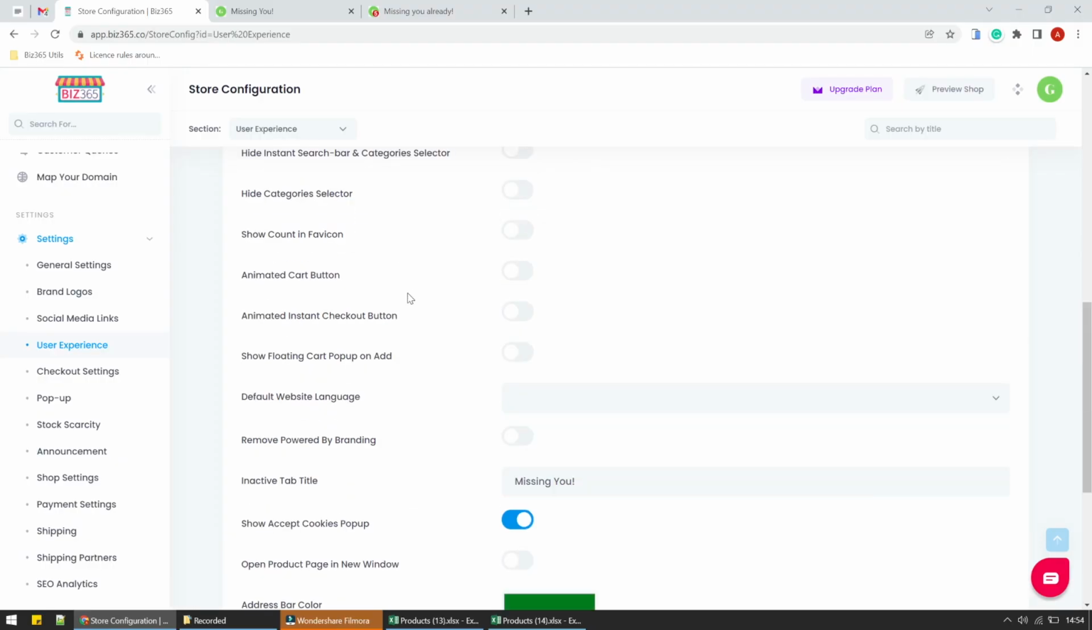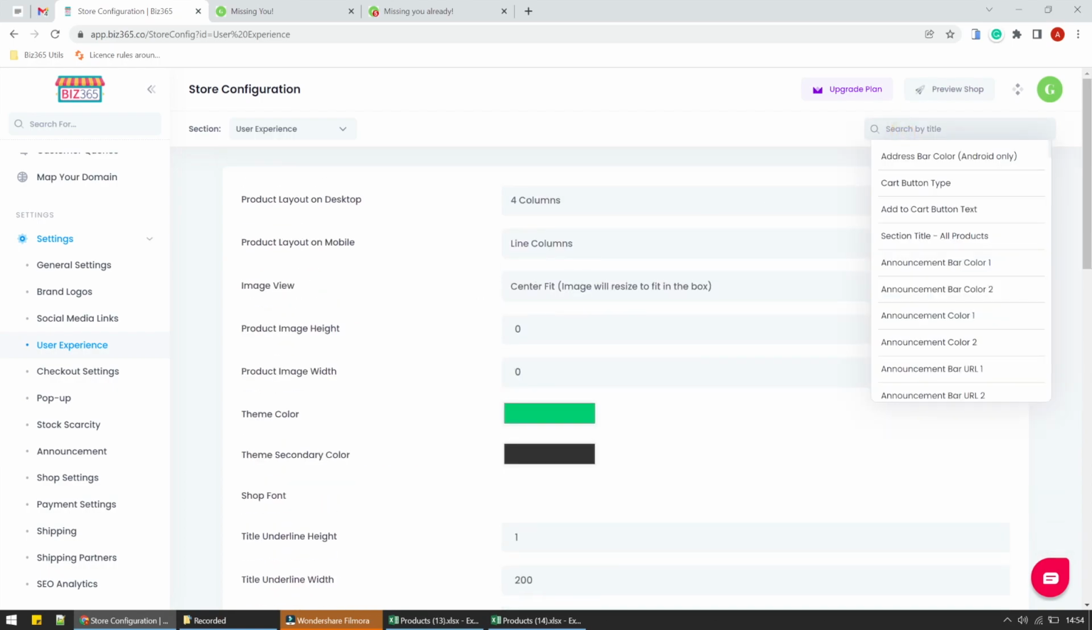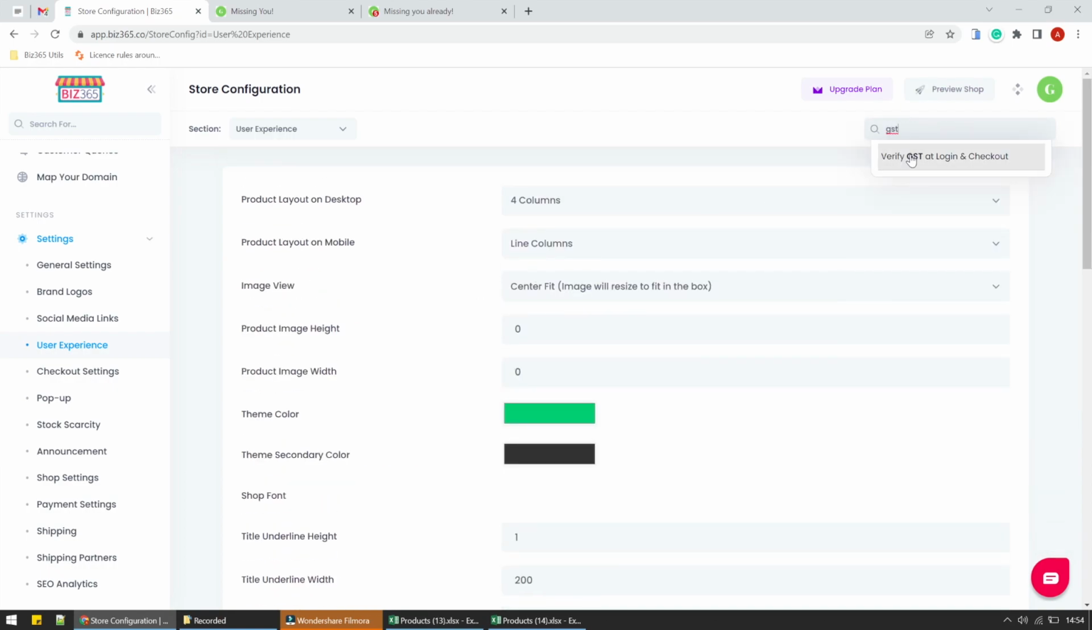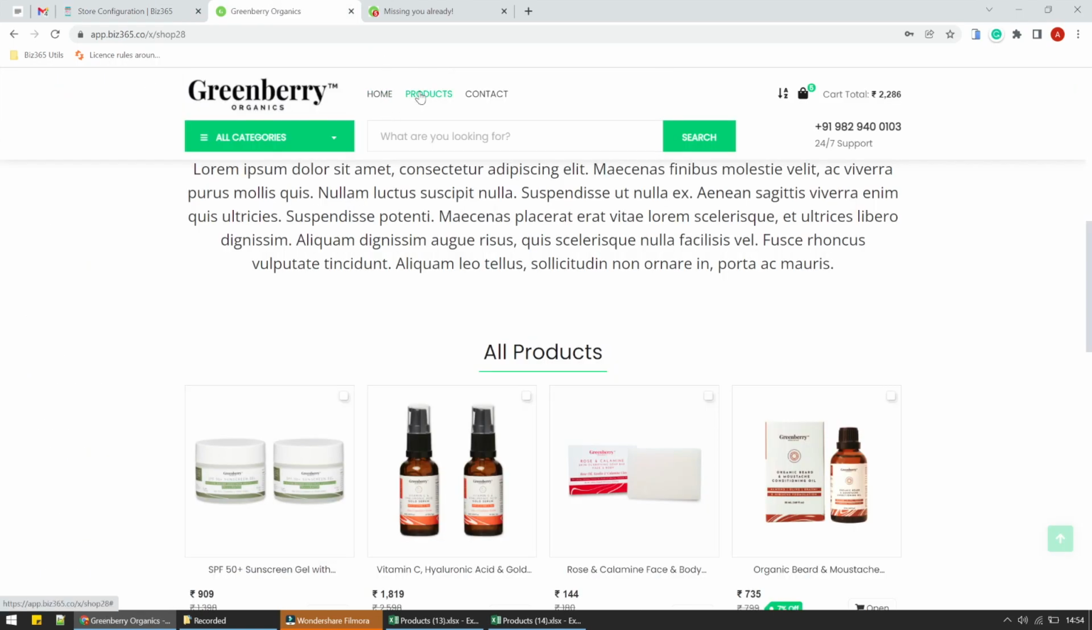In this case, what we need to do is go into store configuration, and all we need to do is search for GST out here, verify GST at login. As you can see, this is in shop settings and I can just enable it. When we enable it, and if we were shopping,